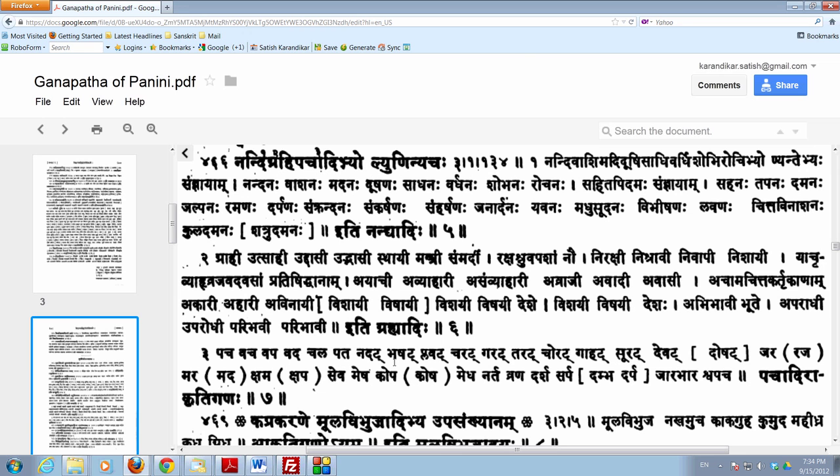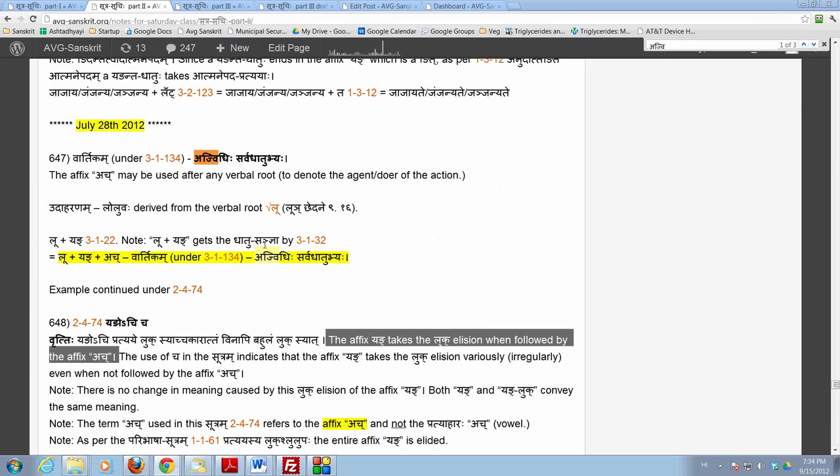There's one more, there could be other reasons also. Another reason is like this. The word devaha, deva, which is formed here. Now we understand ajvidhis sarvadhatubhyaha vartikam we have. So this affix ach could have been used after the dhatu div just based on the vartikam. But that would not have solved the issue because we are going to study a sutram very soon. The sutram which we are going to study next,